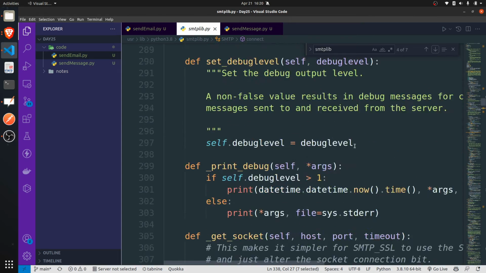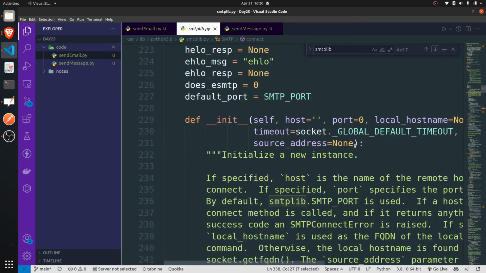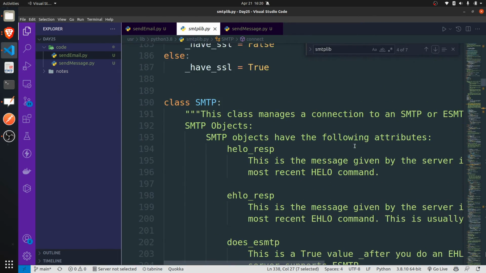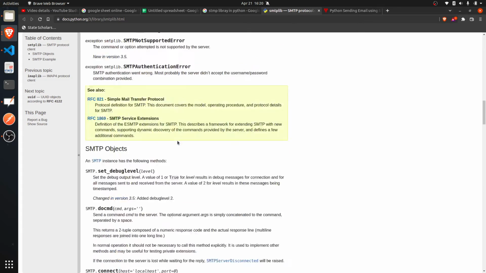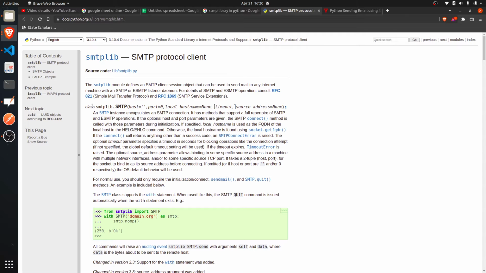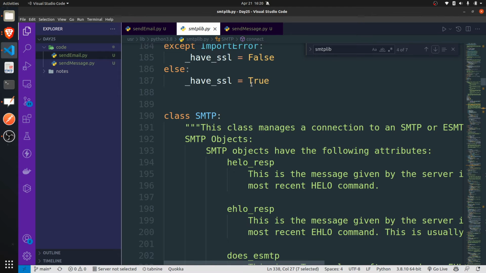Which is this class? Yeah, SMTP. I think it is SMTP. We have to create an SMTP object. Class smtplib, okay, dot SMTP. Okay, so SMTP. Sorry,